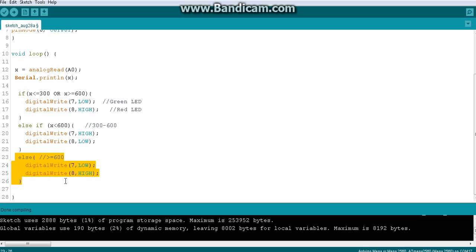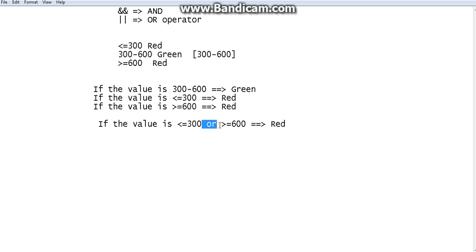So I don't need the else part. I can remove it because the same thing I am covering here. I will remove the else part first. Before that, in coding we cannot use this English word OR. In English you can say OR, but in coding, just as instead of AND we use a symbol, for the OR we use these two lines.